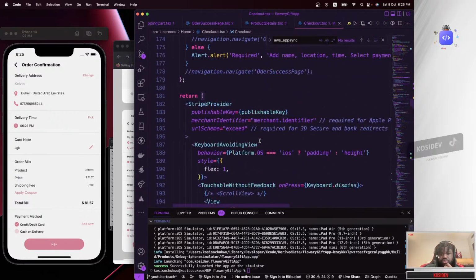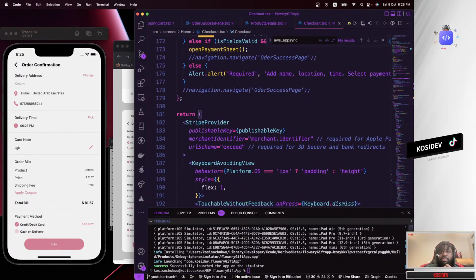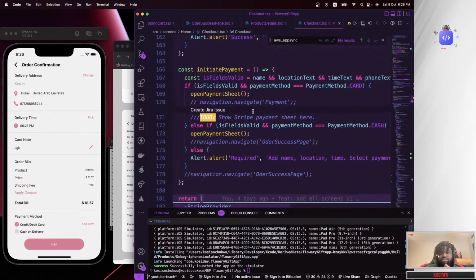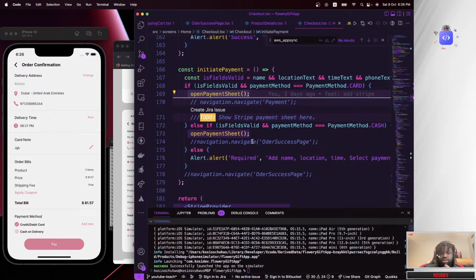So let's see where the error is coming from. So say open payment sheet, okay.